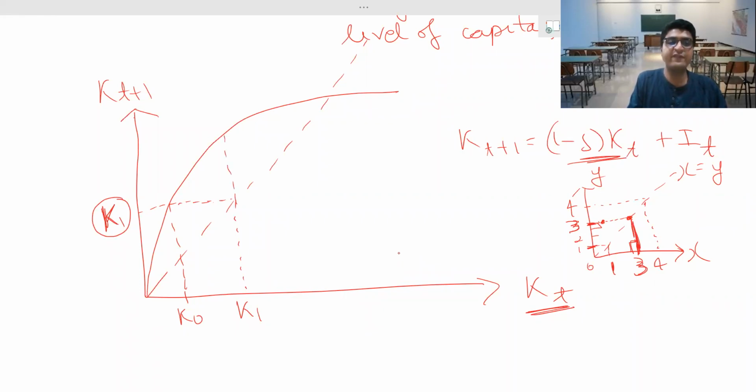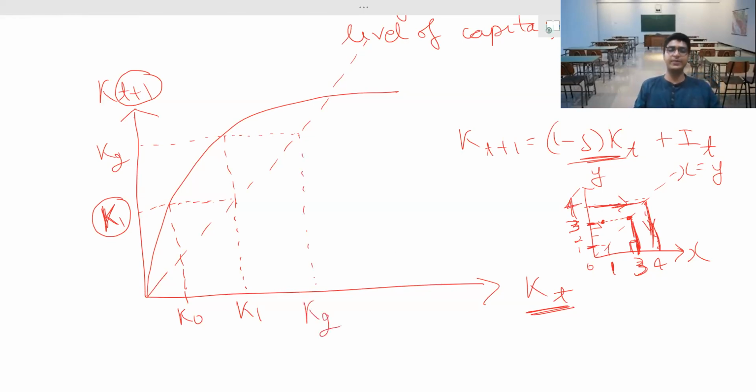Okay, and अब मैं वापस जब इस इक्वेशन में K1 का यूज करूंगा, यानी इस ग्राफ का जब मैं यूज करूंगा, that graph will return me back K2 because it is giving me capital in the next period. So after depreciation and investment, this K1 will get converted into K2 in the next period, right? और अब मैं यूजिंग माई 45 डिग्री लाइन, मैं क्या कर रहा हूं, मैं वापस यहां लेकर आया, फिर इसे नीचे लेकर आया, तो मुझे पता लग जाएगा कि ये 4 एक्स एक्सिस पर कहां पर है। ओके, सो दिस K2 विल बी हेयर ऑन एक्स एक्सिस, तो ये कर रहे हैं।